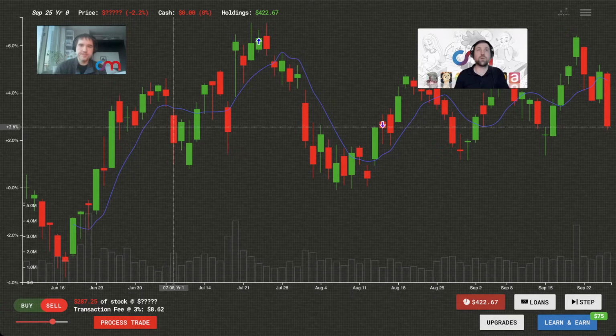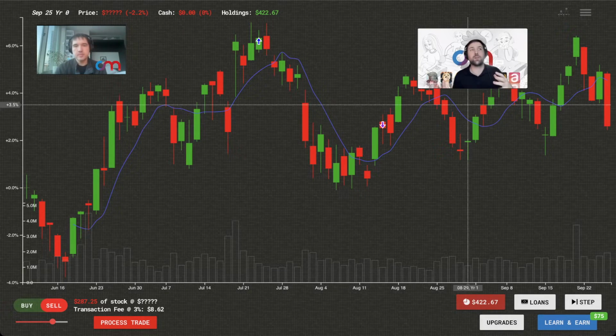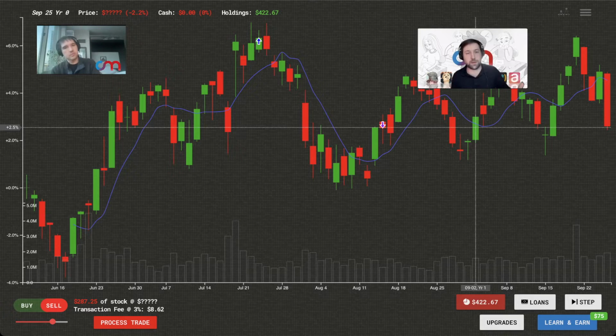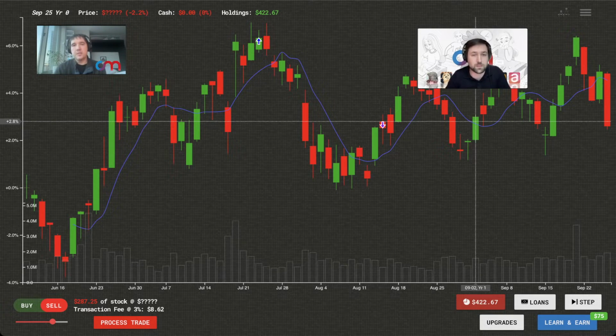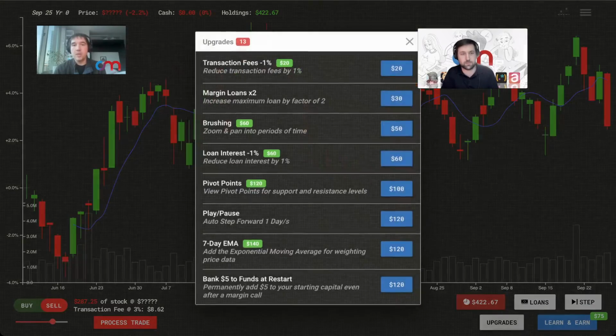Gotcha. So how much data will we be able to see about these? Ultimately, as you move throughout the game, obviously we're going to be building bots based on this stock data. How much data are we going to have access to? Yeah, if you could maybe... Of course, yeah. So what I'm going to do right now is jump ahead to the end, right? What is right now the game, where you've unlocked everything. You've gone up this upgrade tree and you've unlocked everything.